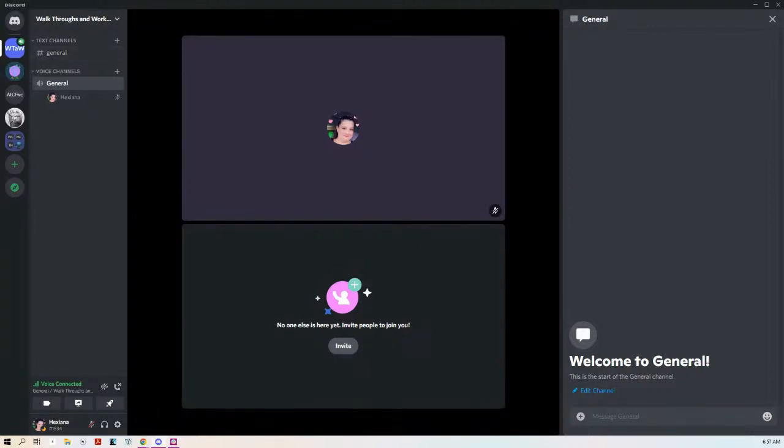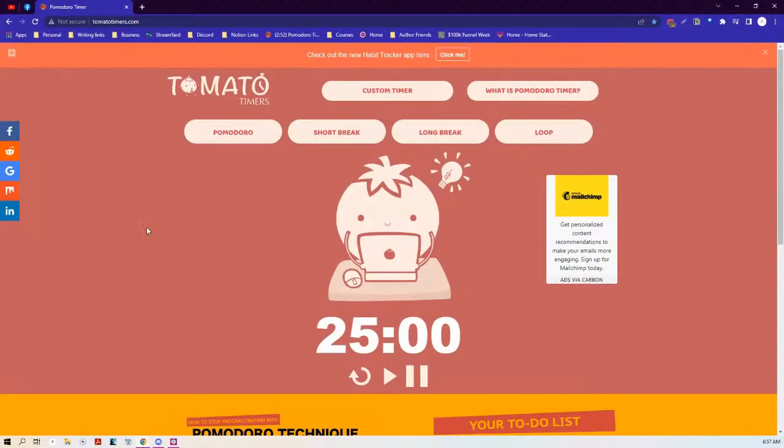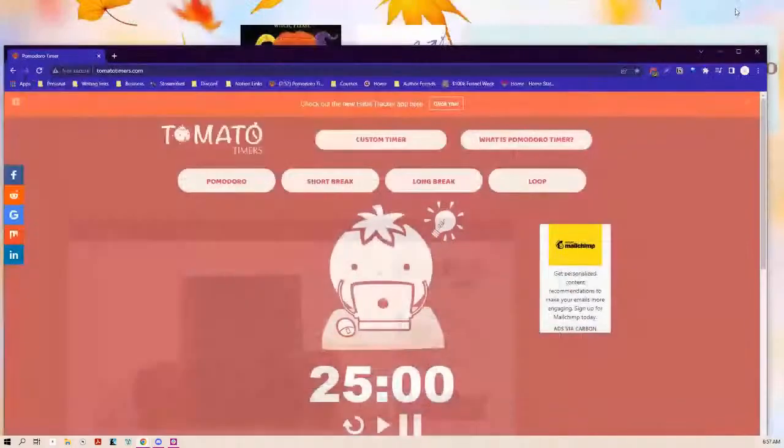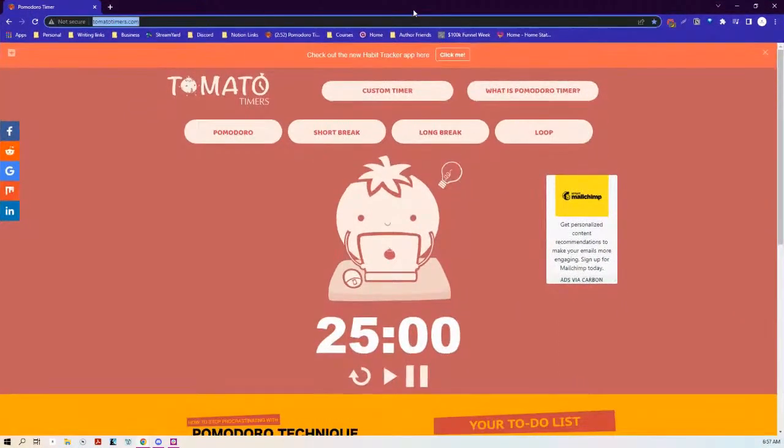I'm going to hop off of Discord and show you this is my desktop. If you're on a laptop and you don't have a dual monitor setup and you want to stream, you're going to have to split your screen. So what I mean by that is you would pull up your timer, and you can see here that it's full screen. I don't have anything else up,